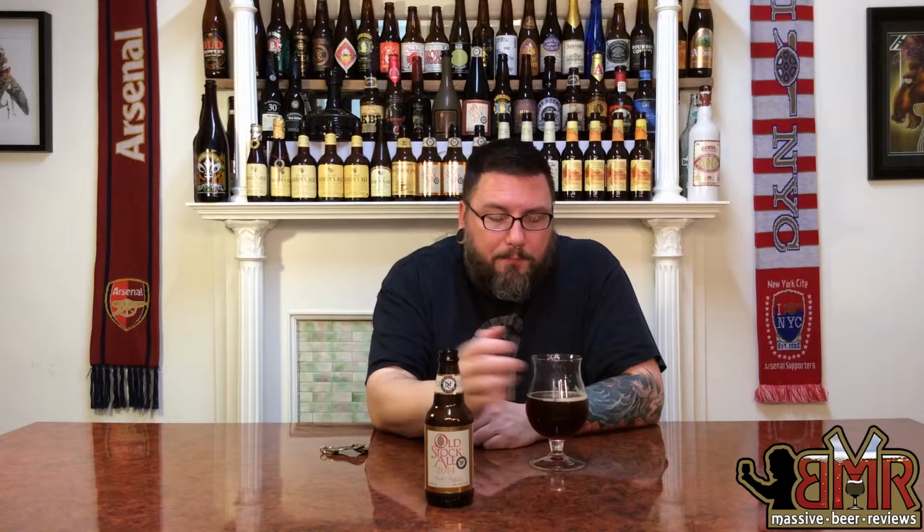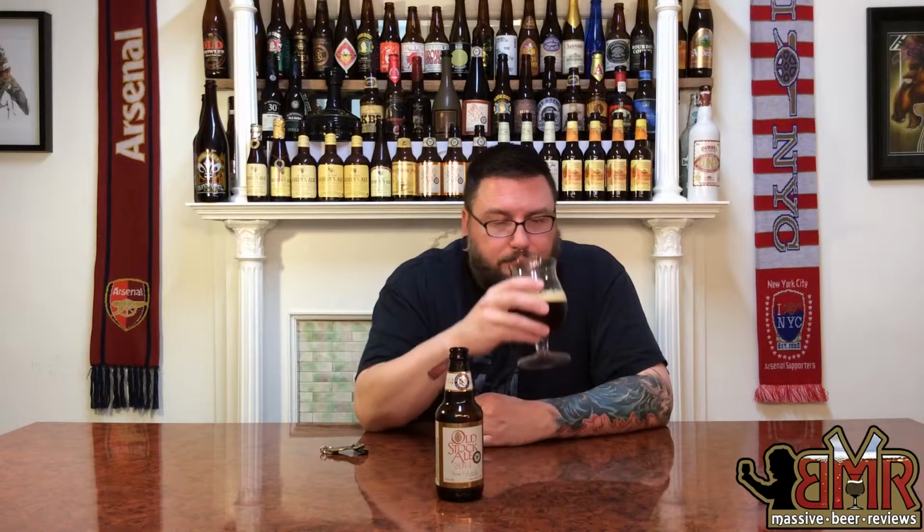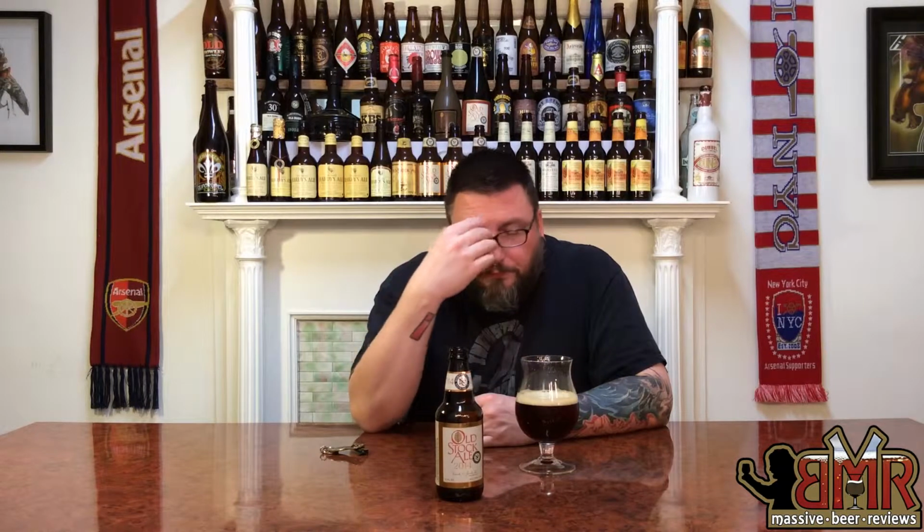It's good beer. Everything about it. From the carbonation, nice effervescence, but not super in your face. Mouthfeel. It's not thin, it's not thick, but it has this nice coating to it, this nice density to it. If I swish it around, you see the legs on this sucker. It lasts for days and days. Taste-wise,